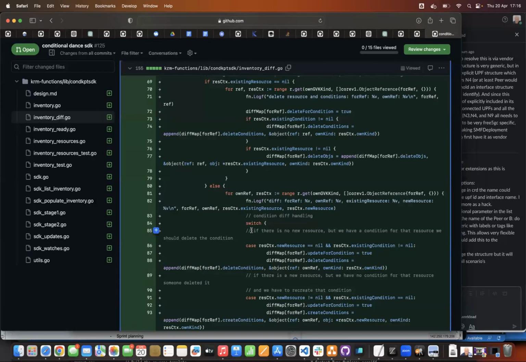So in which case you have to do a create operation, right? Another thing that could happen is that the existing resource is there, but the populate function did not create it, so you have to delete, right? Or what you could have is that both the existing resource is there and the new resource is also there, in which case you have to compare whether there is a change or not. If there is no change, you don't have to do anything. If there is a change, you have to update it and perform the right actions based on that diff.